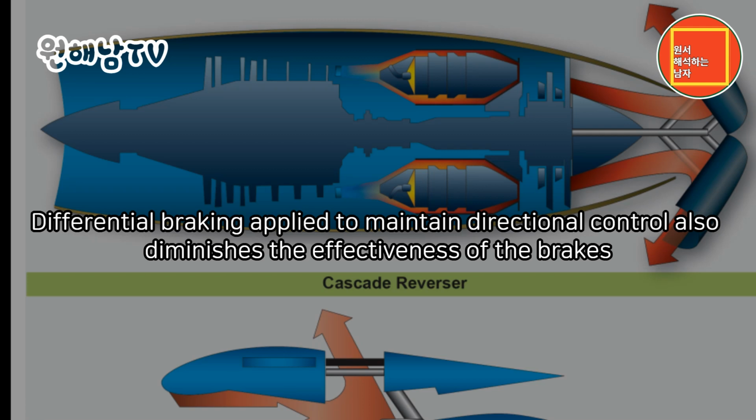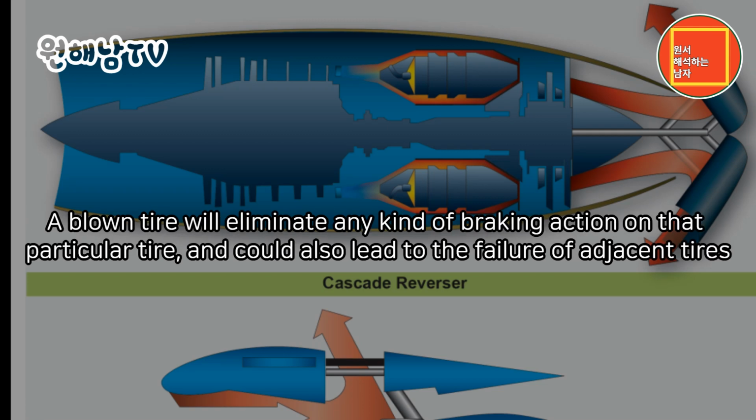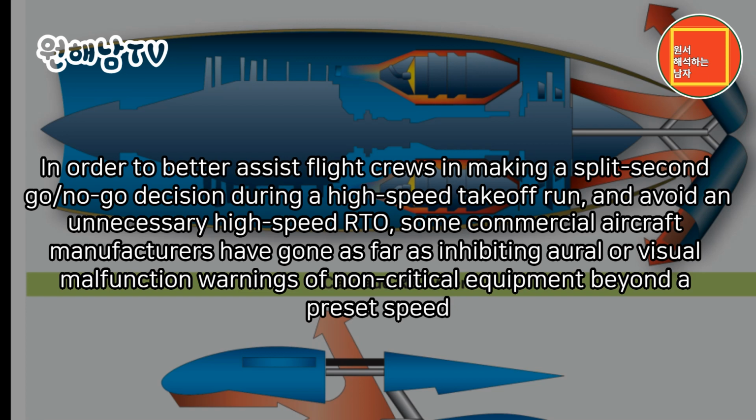Differential braking applied to maintain directional control also diminishes the effectiveness of the brakes. A blown tire will eliminate any kind of braking action on that particular tire, and could also lead to the failure of adjacent tires. In order to better assist flight crews in making a split-second go/no-go decision during a high-speed takeoff run, and avoid an unnecessary high-speed RTO,